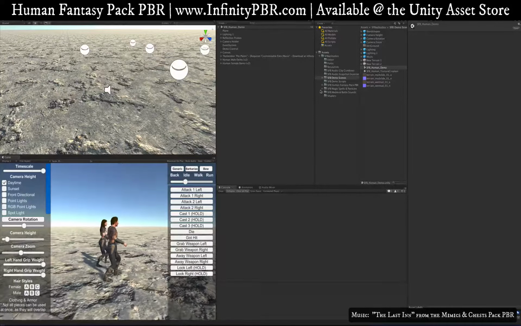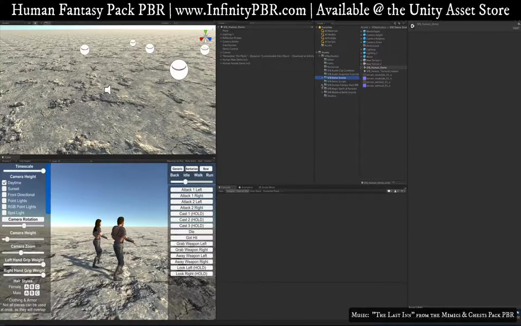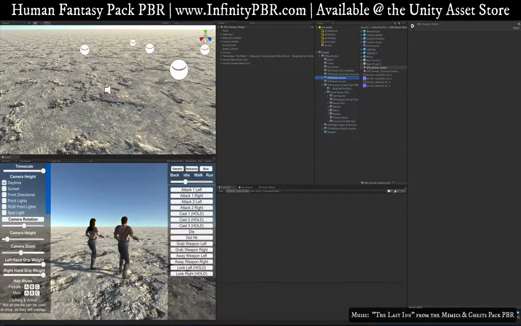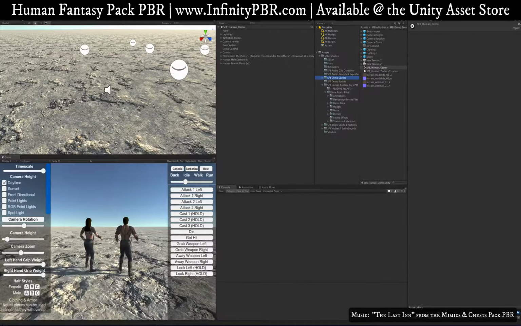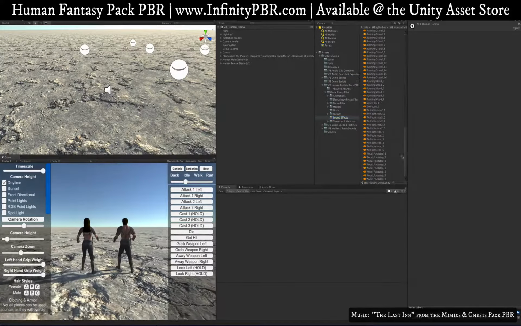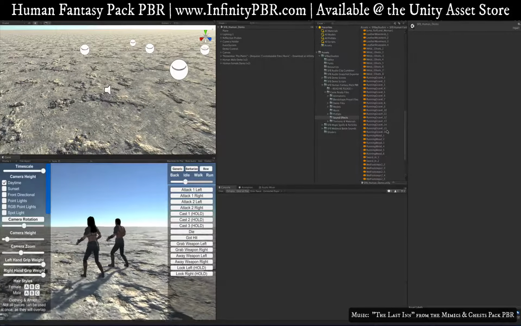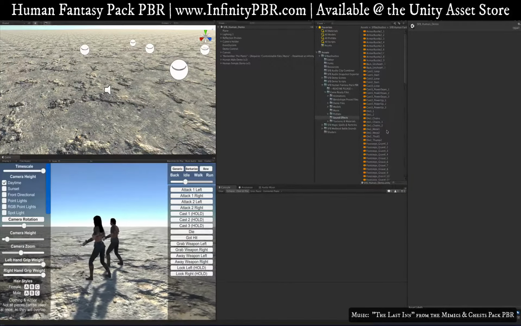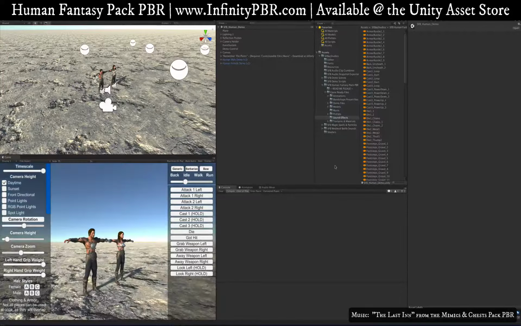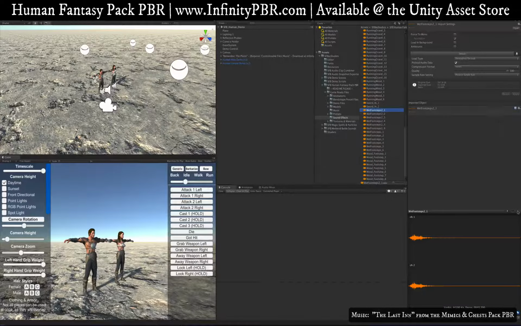So opening up Human Fantasy Pack, Game Ready files, and sound effects here, you'll find a whole bunch of assets. Now obviously you can't use multiple all at the same time, perhaps. Well, let me just stop the demo scene. And so if you see here, we've got wet footsteps. They all kind of sound like this,